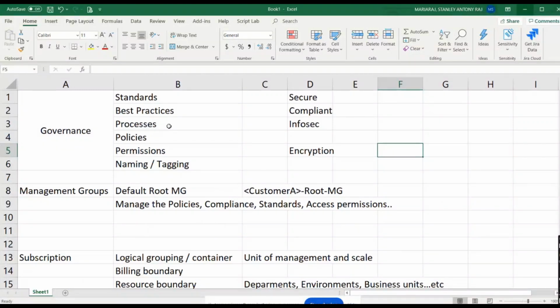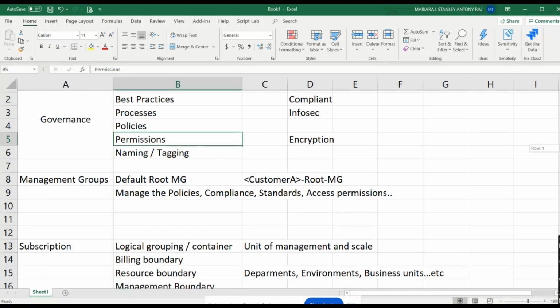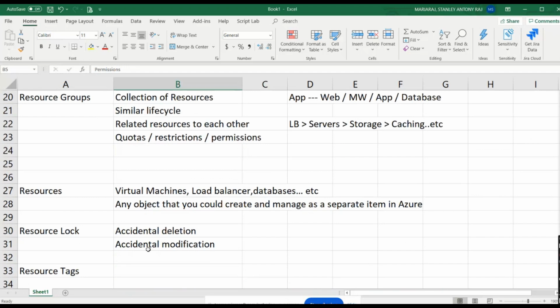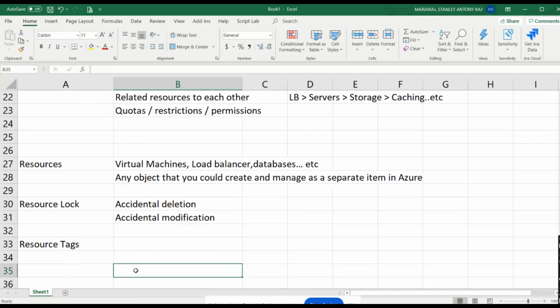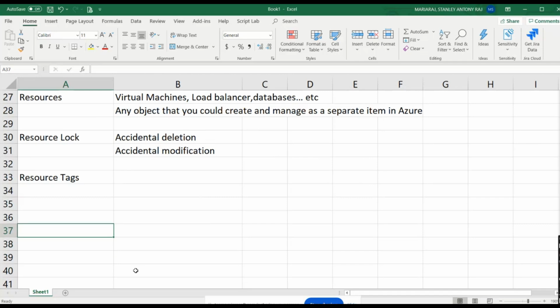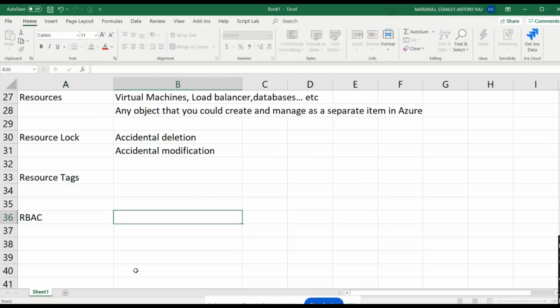We know how to apply the policies, standards, and best practices. But now there is one more major area, which is permissions, right? We need to understand how we can efficiently handle permission management and privileges management. So that is where role-based access control, the RBAC, comes into play, where you might need to have separate